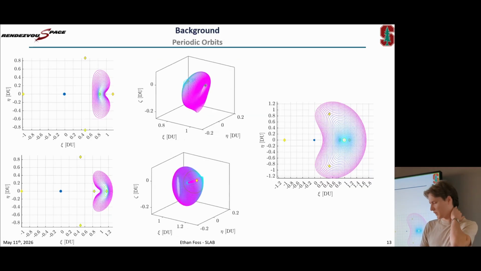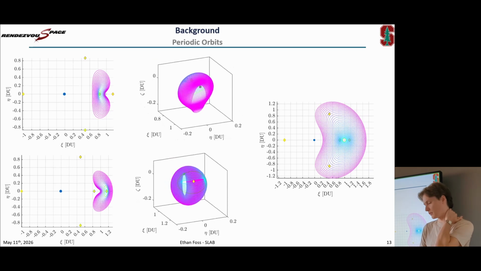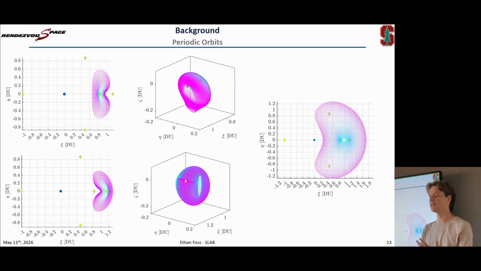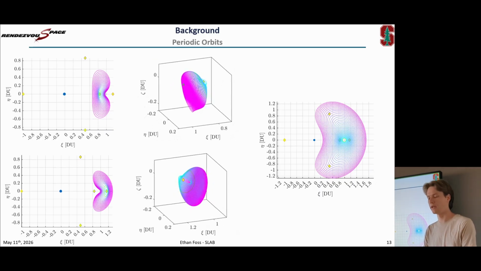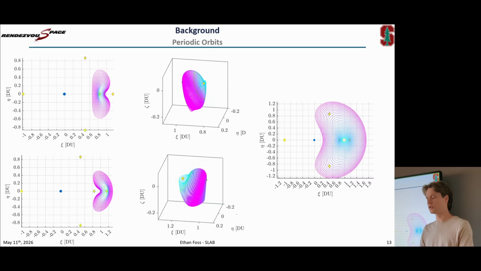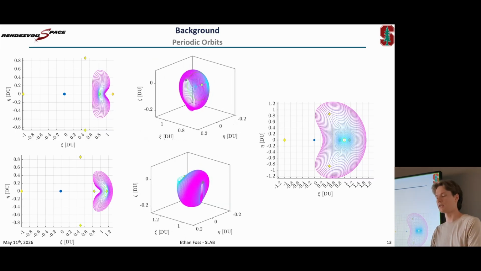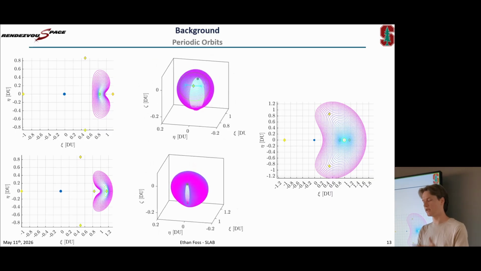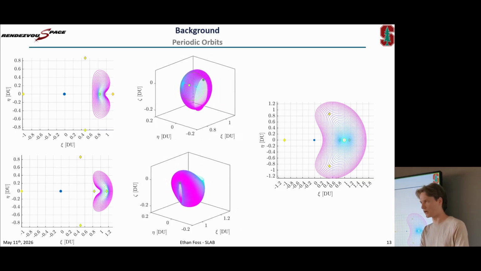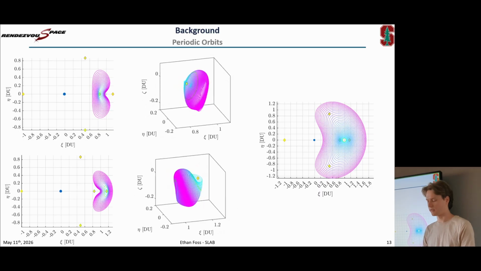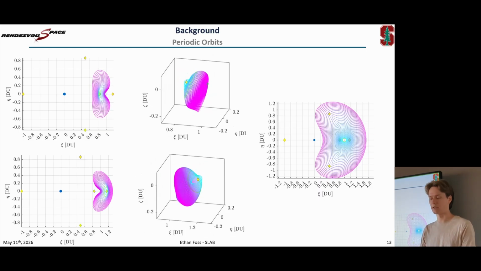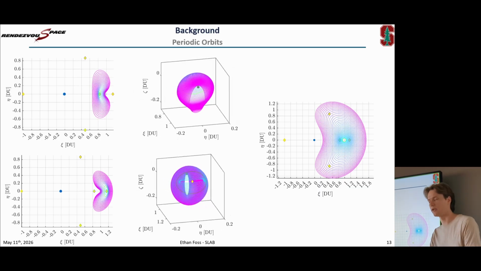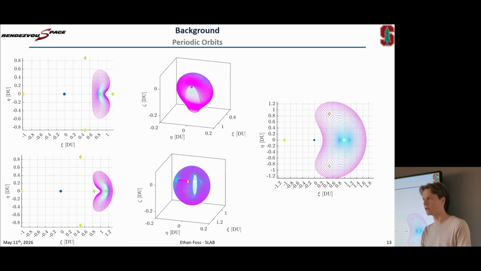Under this model, we can have some very interesting behavior emerge. In contrast to Keplerian regimes, where pretty much any state can form a periodic orbit, in these new regimes we have to seek out periodic orbits, and we have to use numerical techniques to generate them. Here we see an example of some of these periodic orbits, which have different utilities for different mission concepts. On the left, we have Lyapunov orbits. These were flown, for example, by the Artemis THEMIS mission.